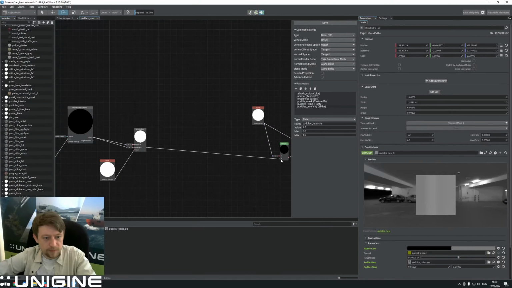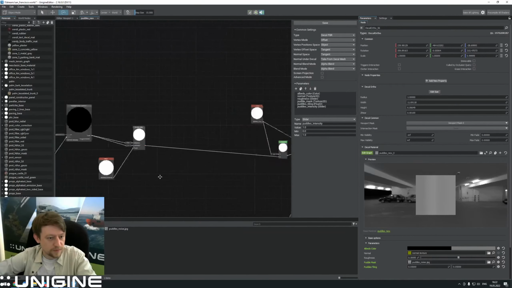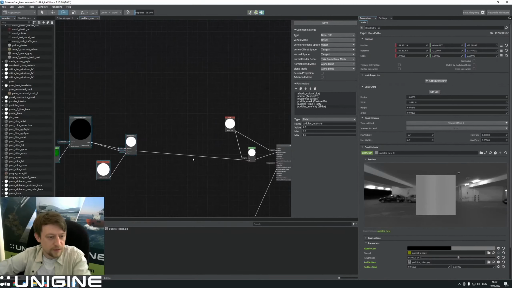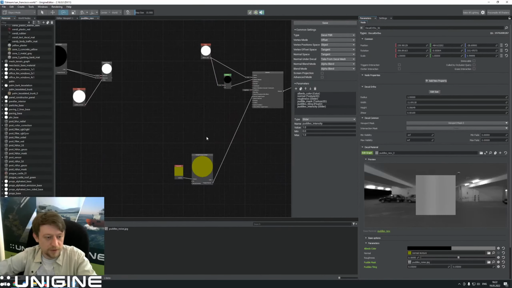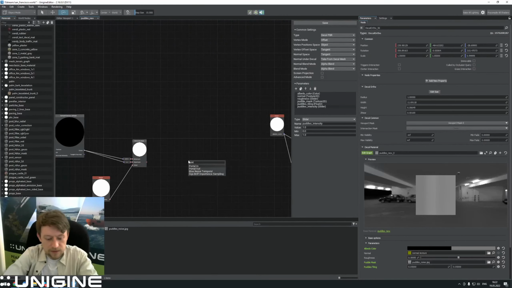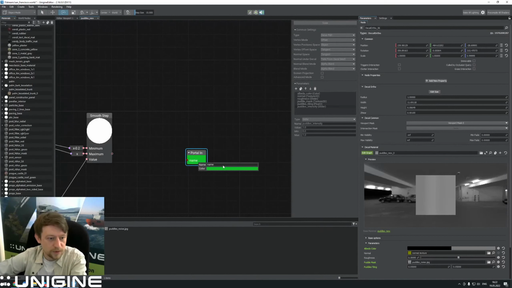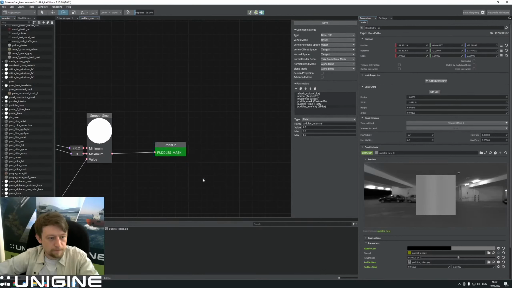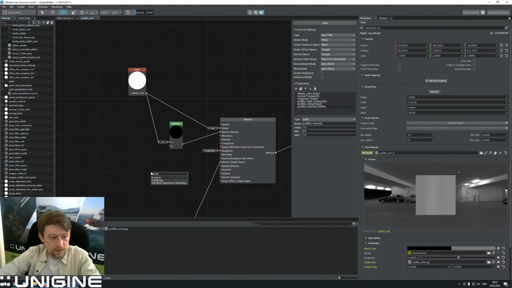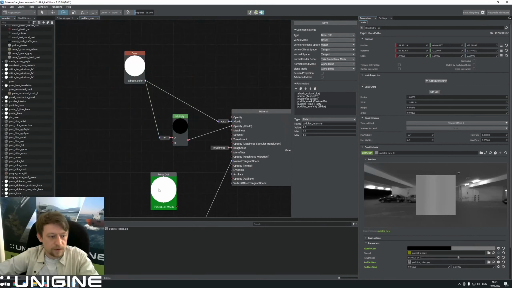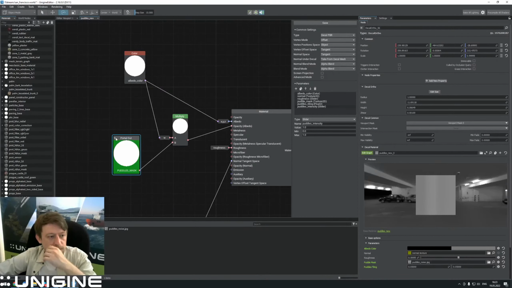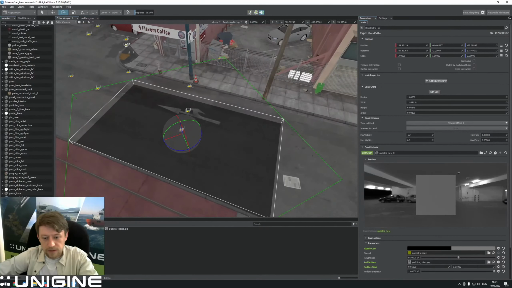Just put it here. Oh, maybe we don't need to create a portal. No, let's just create it, because later we are going to use it in normals and roughness, so it will be more suitable to use a portal node here. Let's call it puddles mask. Create a portal out. Save it. Yeah, right now we can control